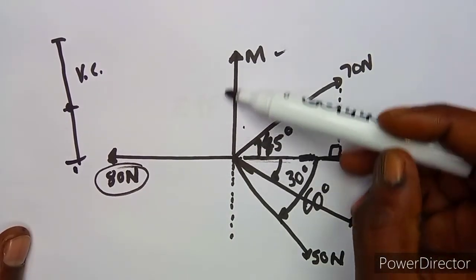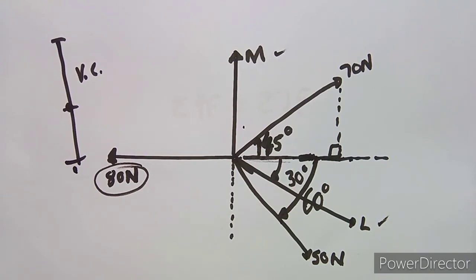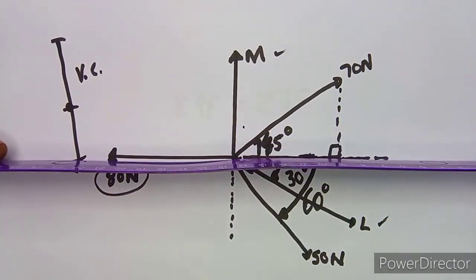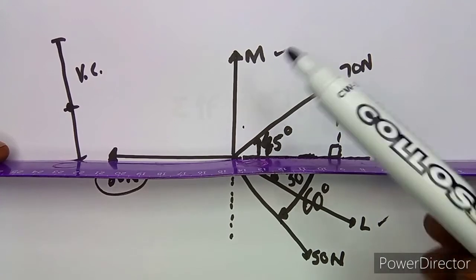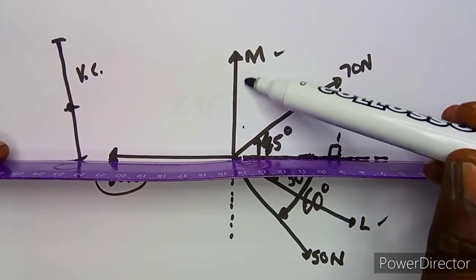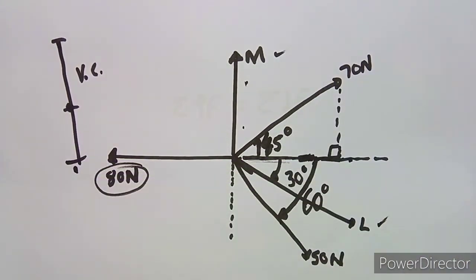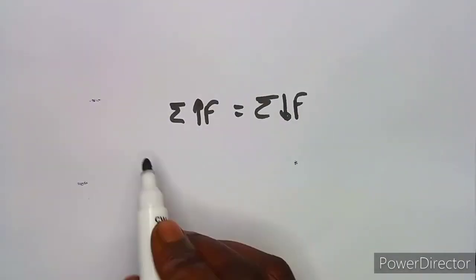Okay, the first one, M, is direct because we are talking about forces which are above this horizontal line. So which force are we talking about? We've got M here, which is above. So we're going to start with M. So that's M